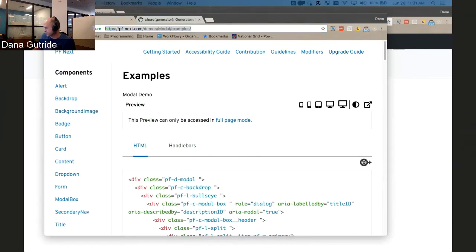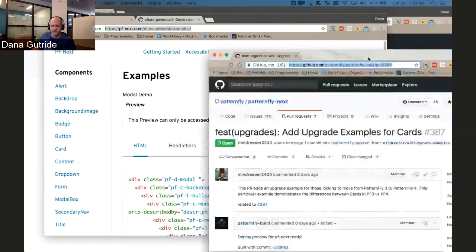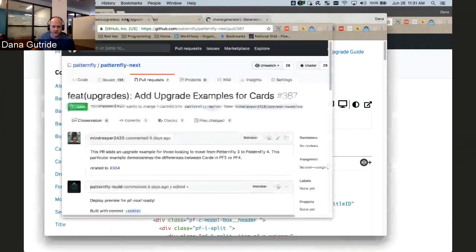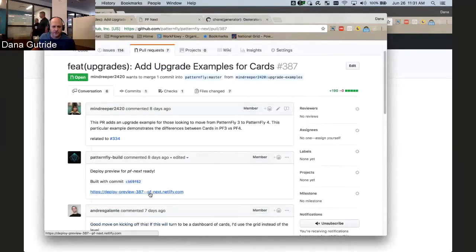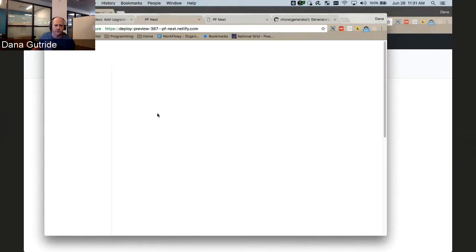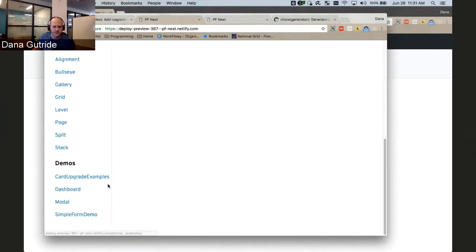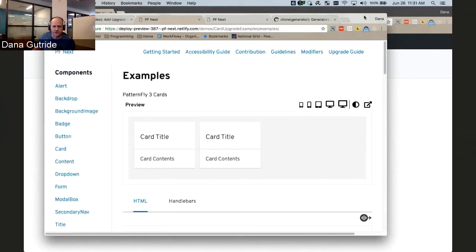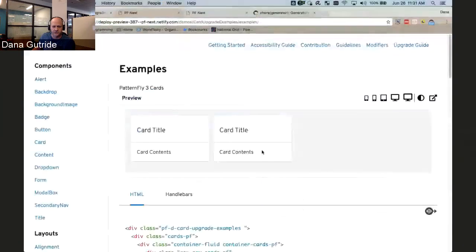And then along with that, Adam has a PR. Let me show that briefly. We're going to be merging that. So starting to add upgrade examples, here it comes. This one's only being held off because I renamed everything on Atom. We're still looking for a permanent home for these examples, but you'll notice here that we show the PF3